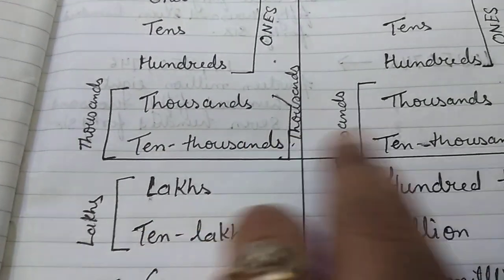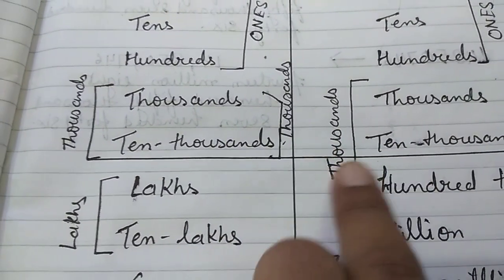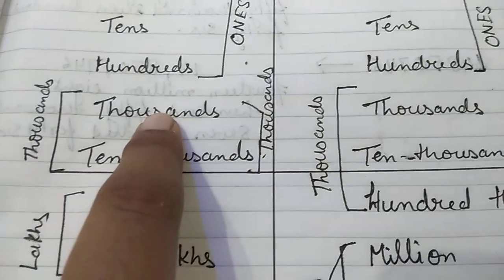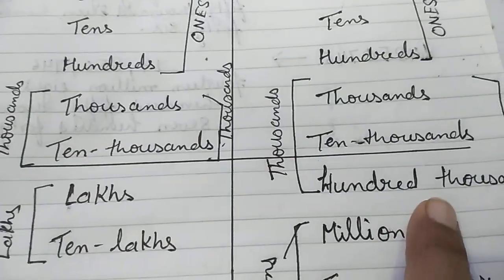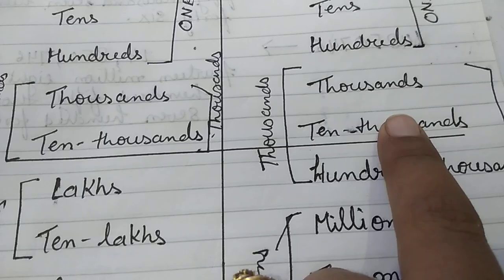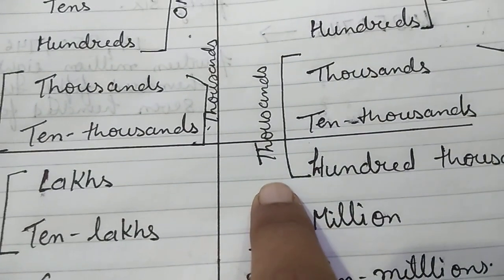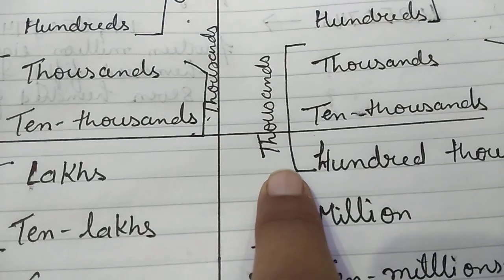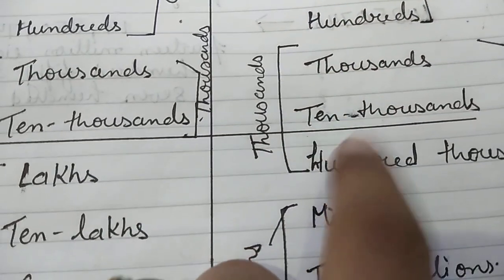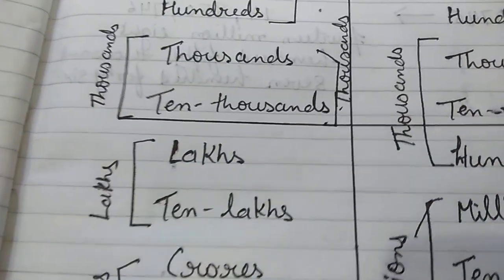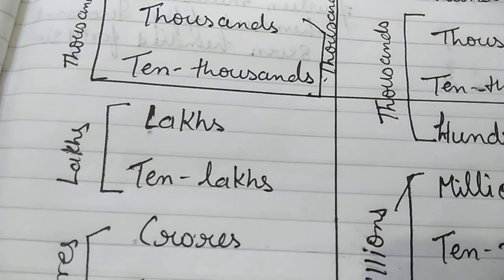Up to 10,000, in both number systems, the things are the same. But after that, lakh is coming in the Indian system and 100,000 is coming in the international number system. Okay, from here the difference has started. It is totally different from each other. 1,000, 10,000, 100,000, million, 10 million, 100 million. Here 1,000, 10,000, lakh, 10 lakhs, crore, 10 crores, like this it is going.